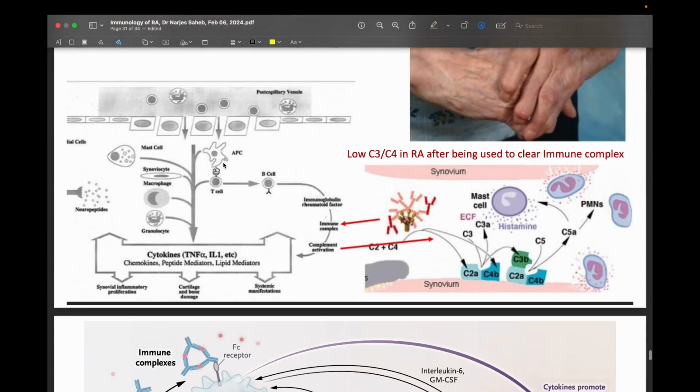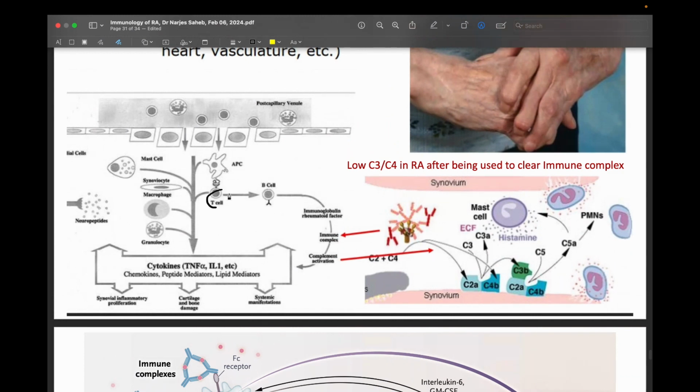فمثل ما تلاحظون هنا T cell is activated. T cell activate B cell. B cell produces antibodies. Antibodies will form immune complexes اللي هي rheumatoid factor ACCP و AMCV. فراح يؤدي ال complement activation. Complement activation activate the macrophages. Macrophages will be activated. Macrophages will produce cytokines TNF alpha, interleukin 1, interleukin 6, and will produce substance that will